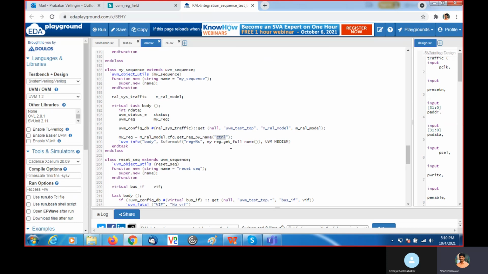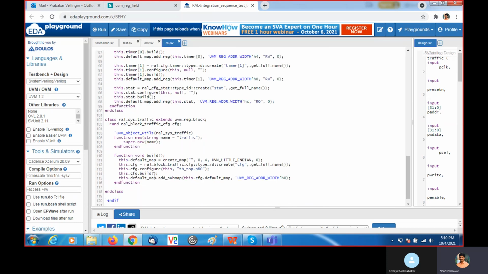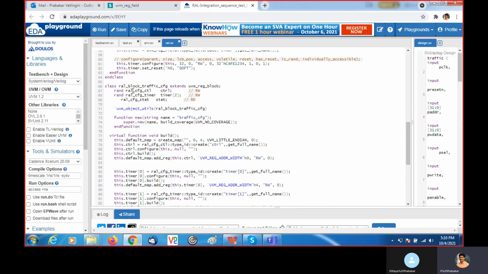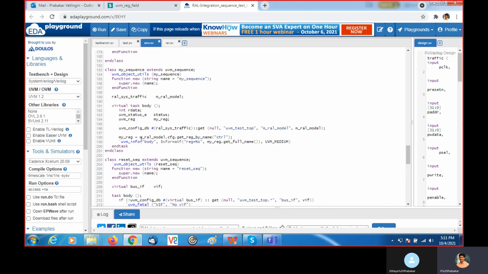This is the class we created. Control is the field here. Inside the top model, we instantiated this submodel. Inside the submodel, we have a register class. The instance name is control. That is assigned to this my reg.